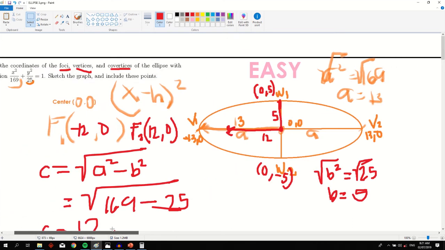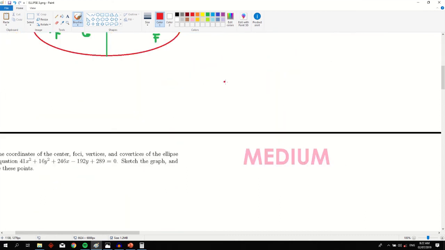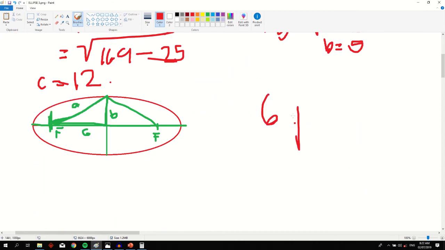Then we place it near our answers. Okay, so the answer would be, our foci are (12, 0) and (negative 12, 0). So this one is correct. And then our vertices will be (13, 0) and (negative 13, 0). So check. Then (0, 5) and (0, negative 5), another correct. 1, 2, 3, 4, 5, 6. So we already have 6 points